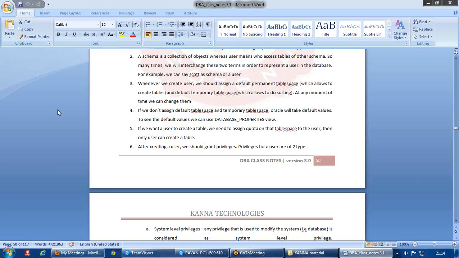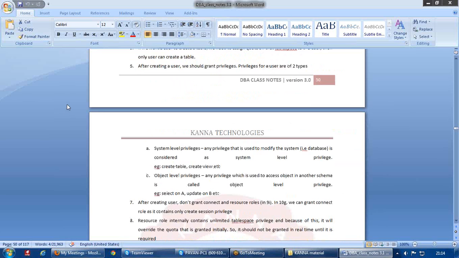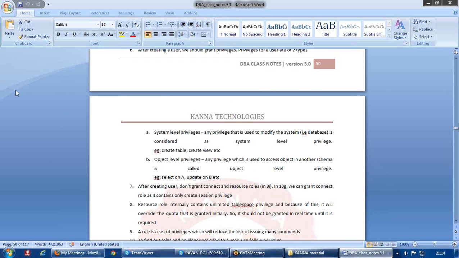And point number 6 says, after creating the user we should grant privileges, and the privileges for a user are of two types. One is system level privileges. That means any privilege that is used to modify the system, here in the sense of the database, and examples are create table, create view, etc. The second one is object level privileges, and this is basically to access other schema objects.